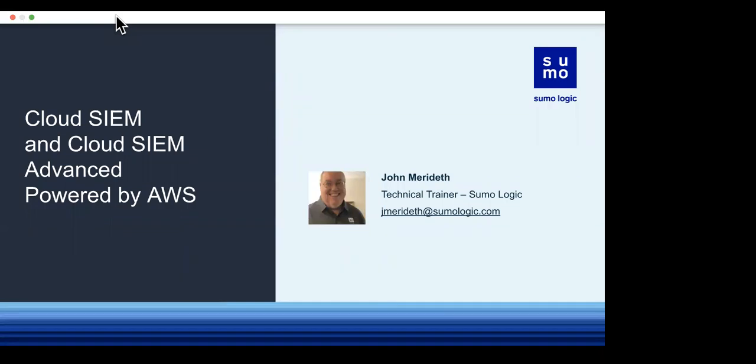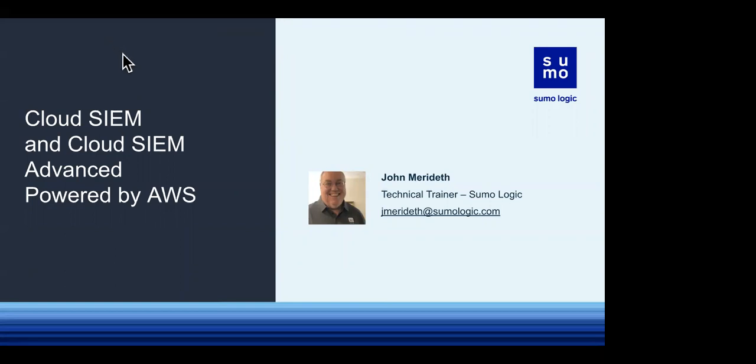So again, we're going to focus here on Cloud SIEM and Cloud SIEM Advanced. Now, I know there were a couple of folks in this room that I had in class last week, and so things may not align with the terms. The Cloud SIEM and Cloud SIEM Advanced are products that we sell through AWS, and they're named accordingly. So we may call them something slightly different at Sumo, but don't let that bother you. The concepts here are still valid and still pertinent. So our focus is going to be, we're going to talk about Cloud SIEM, some of the things we can do with Cloud SIEM. By the way, SIEM stands for Security Information Event Management.